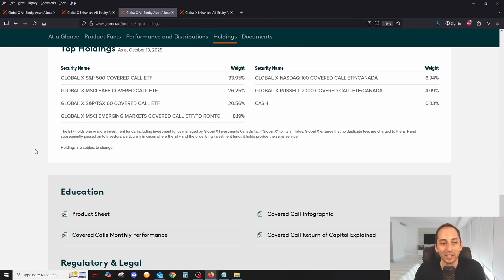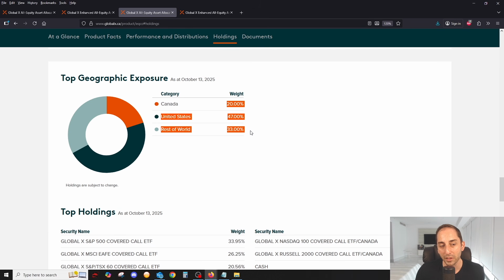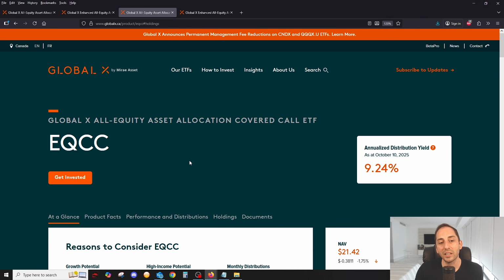Well, guess what, everyone? It has the combination of the 6 covered call versions of those indexes. So the S&P 500 covered call ETF, TSX 60 covered call ETF, etc. But the geographic breakdown is the same. So if you're more of an income-oriented investor, you want higher yield, monthly distributions, this could be one to